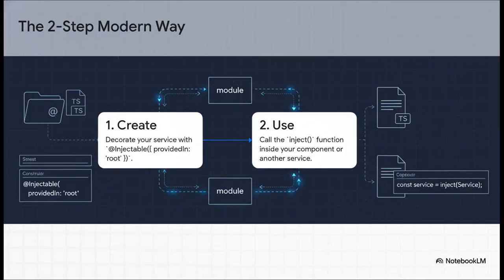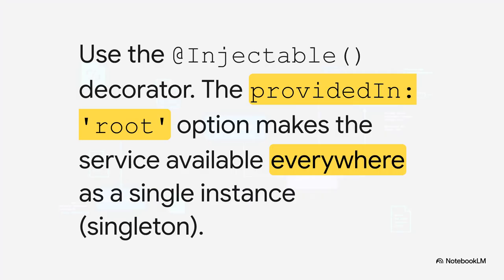It really just boils down to this. Step 1, you create your service and you tell Angular about it. Step 2, you just ask for it wherever you need it, in a component or even in another service. Let's take a quick look at each step. So step 1 is all about this little piece of code right here, the @Injectable decorator with providedIn equals